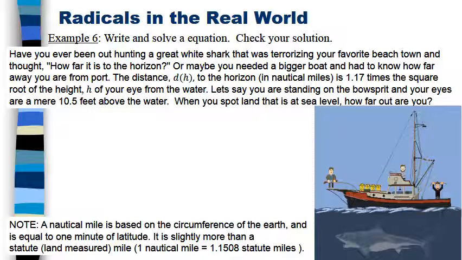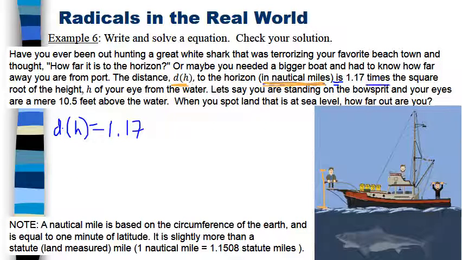Okay, so I'll give you a moment to read this. Okay, welcome back. So we know that we're on a boat, right? And so part of this is talking about our distance from our eye level to sea level. And so then we have this formula here. So we know that d of h, right? Because this is the distance in nautical miles. So d of h is, and is means equals, so equals